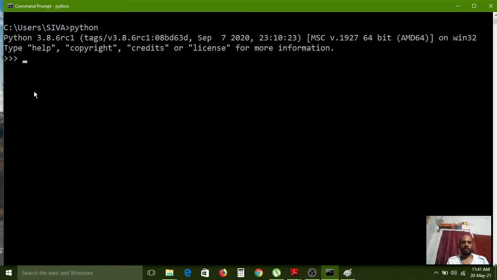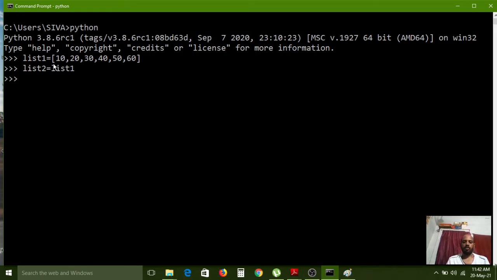Python, it is connected. Now list1 equal to 10, 20, 30, 40, 50, 60. So six elements I have created with list1. The name is your wish. How can the compiler understand whether it is a list or not? Just the square brackets, whatever elements you have configured in between them. Depending on those square brackets, it can simply understand it is a list. Now I have created list2 equal to list1.